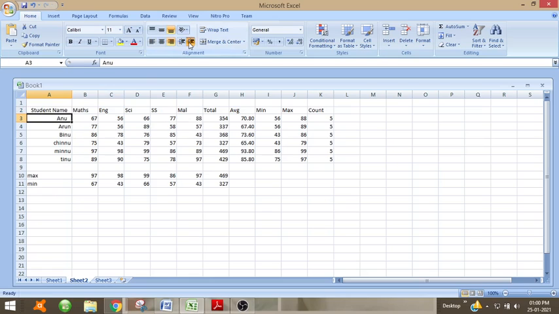Increase or decrease the indentation from the margin. You can increase the indentation or decrease the indentation.